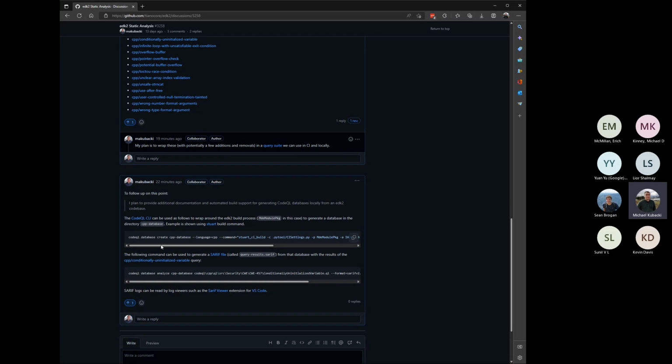And the first one is the database create command. In this case, you just tell the CodeQL CLI to create the database. I'm naming the database CPP database. I'm saying that I want the language of that database to be C++, which is the same as C for CodeQL. And then this is the custom command that it needs to wrap around to be able to build that